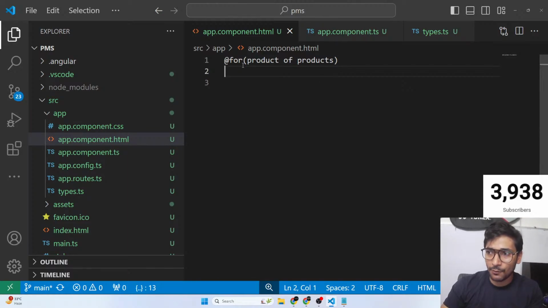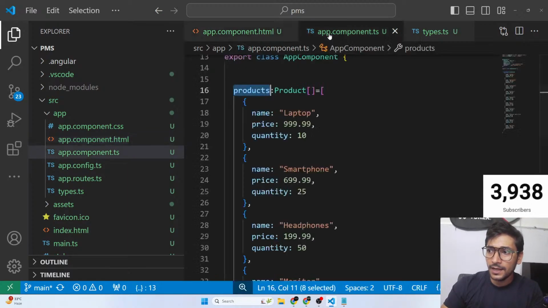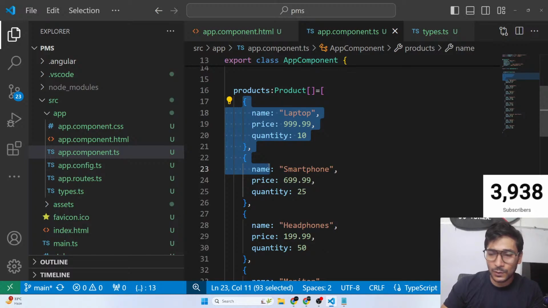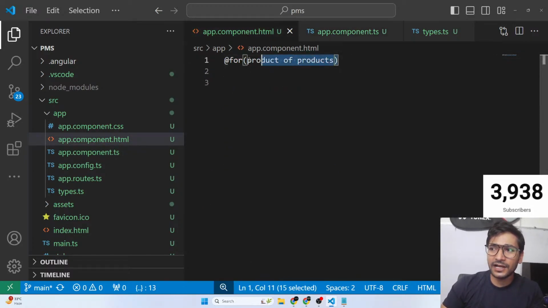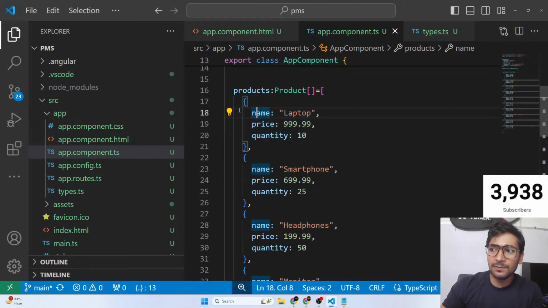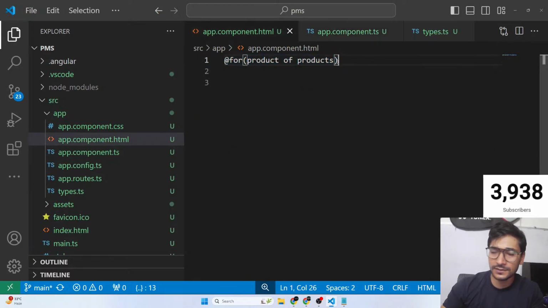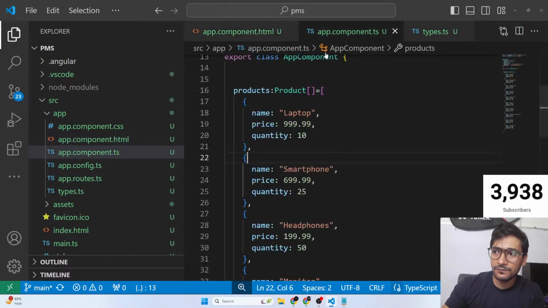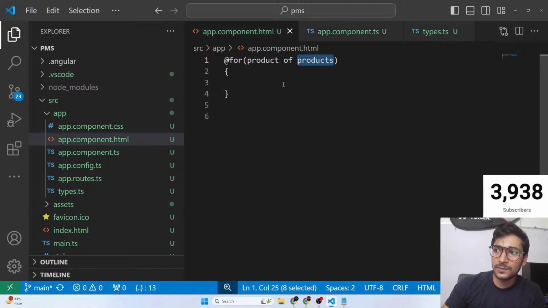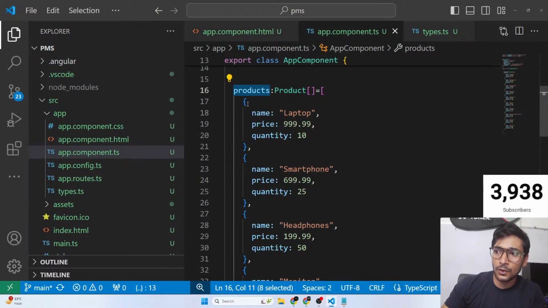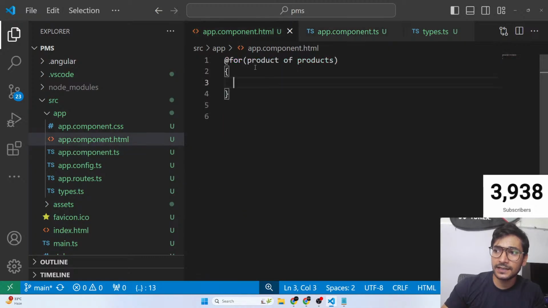What this loop will do is go one by one through the array. So guys, this is like a for each loop. That means go to every element one by one, first this, then this. So for product of products, this is my array name, which is products. I'm saying, first go to this element, take it in this variable, and then we can use it here.